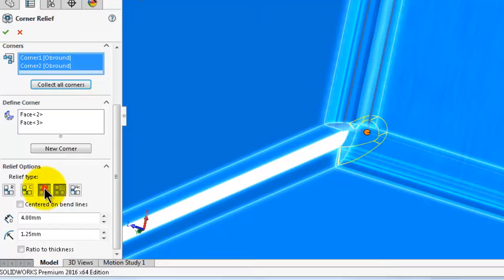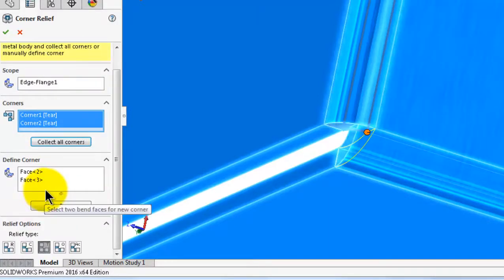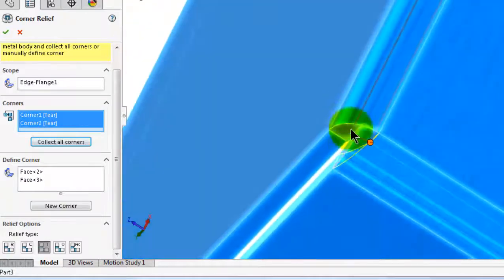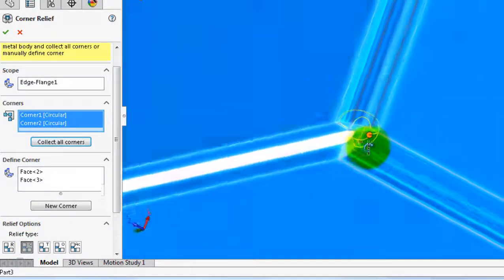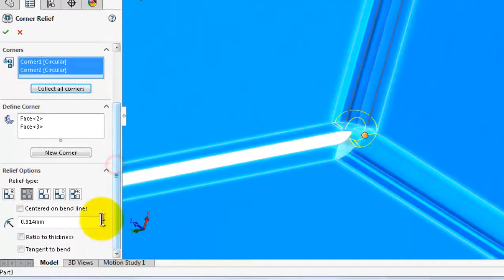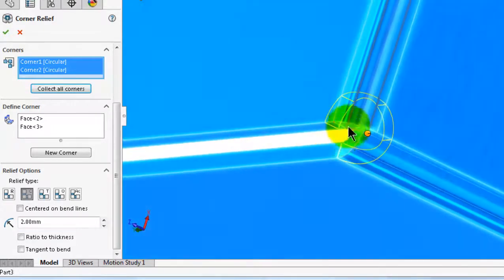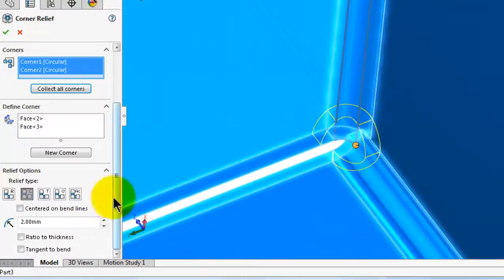For example, if we select it there, it will be just a small tear over there, and if you pick a circular, you will see a circle shape in there. And here are the circle widths or slot width. You can make it 2 millimeter, and you will see the shape over there. And you can even make it width to the thickness, which we talked about in the previous tutorial, or tangent to there. Click OK,